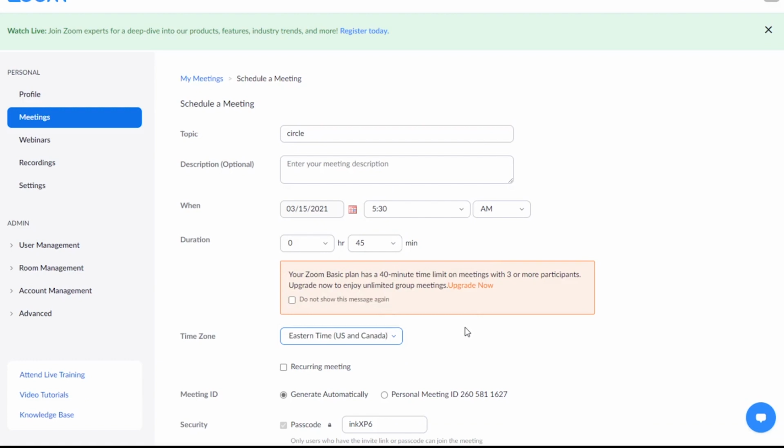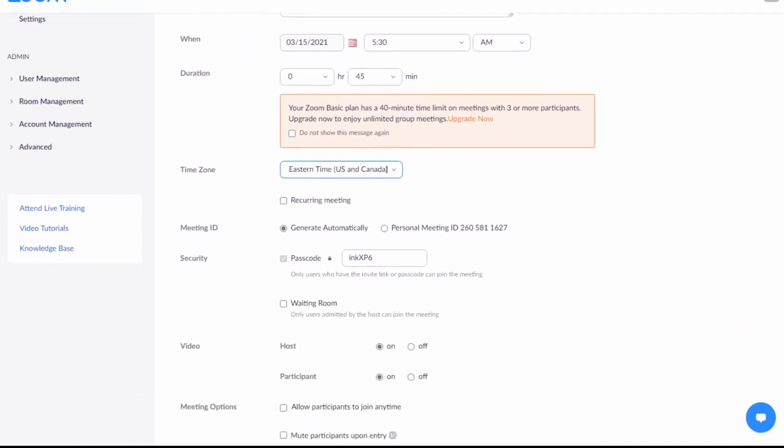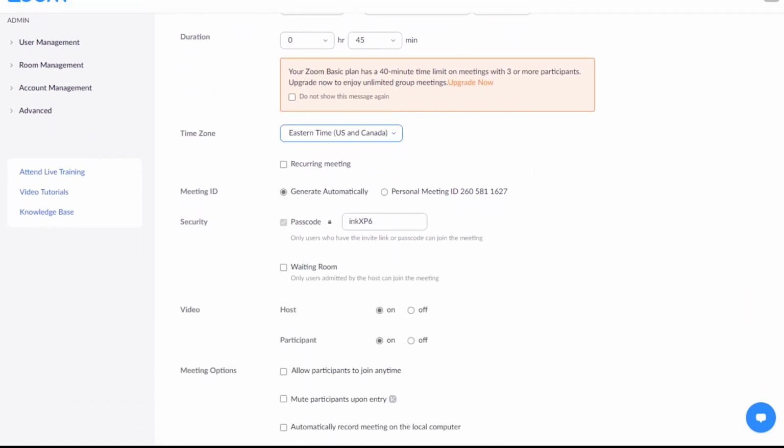Now, if you look here, it says the basic Zoom is only 40 minutes. And that is the free Zoom account. And also it says only 3 or more participants. So if you remember in the previous tutorial, it said 100. But now we know that the free basic is only for 3. You click on the little box that says do not show this message again so that you don't have to be reminded of that. Make sure that your time zone is corrected,